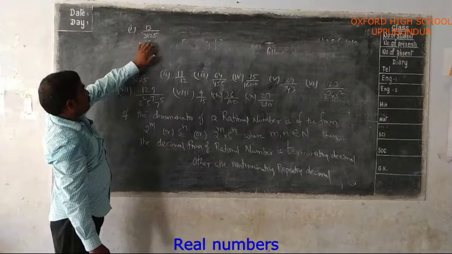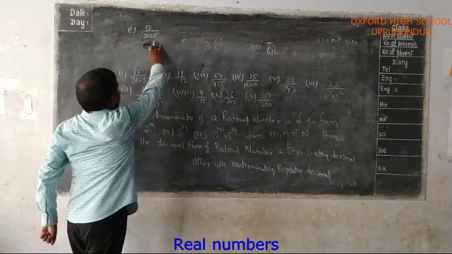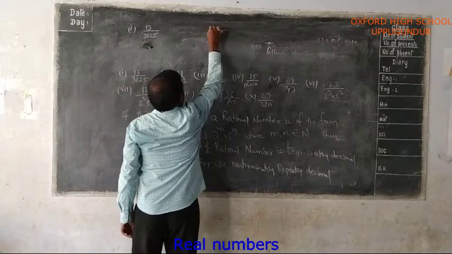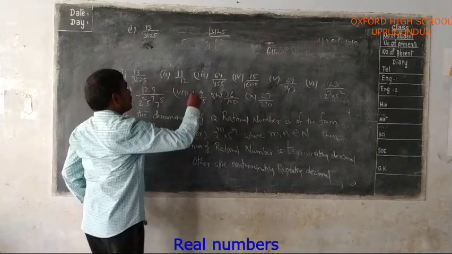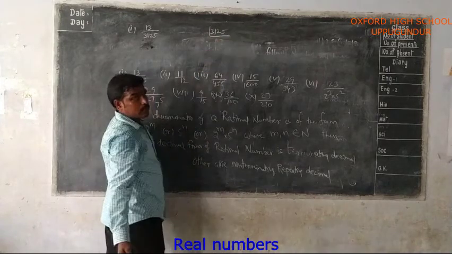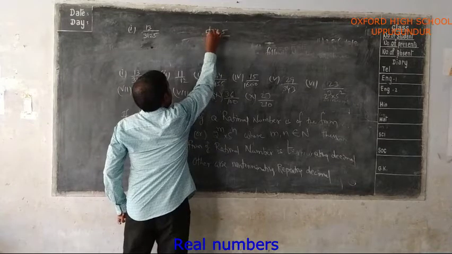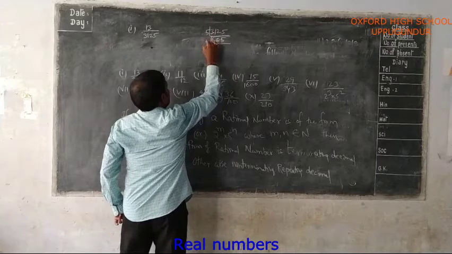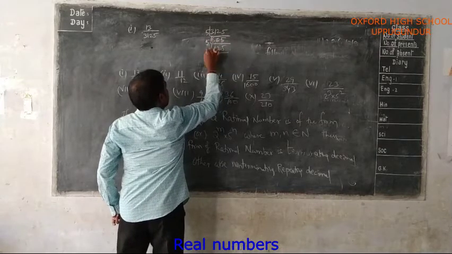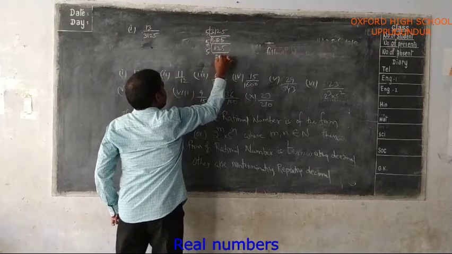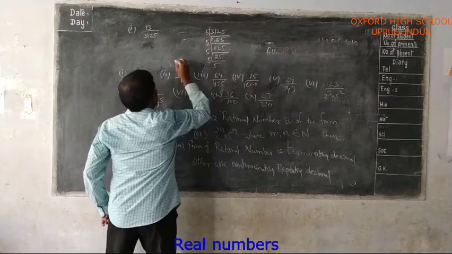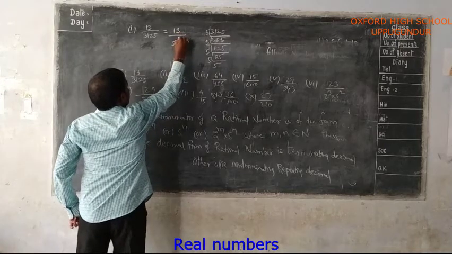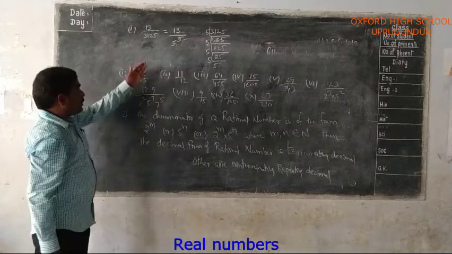So for that, first you have to prime factorize the denominator. Here, what is the denominator? 3125. So 3125 you have to divide with only prime numbers. It is ending with 5, so it is divisible by 5. 5 sixes are 30, 5 twos are 10, 5 fives are 25. So 5 125, 5 25, 5 5. So this you can write as 13 by 5 power 5.